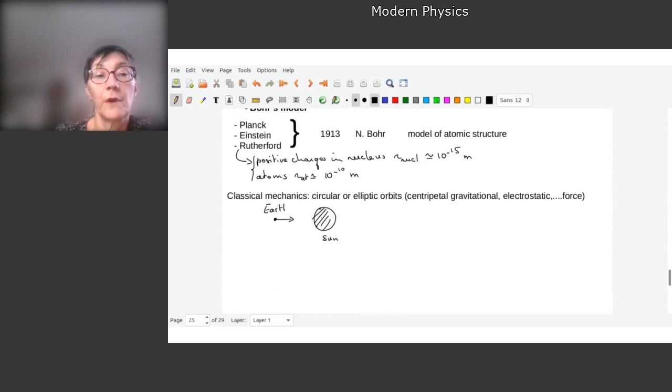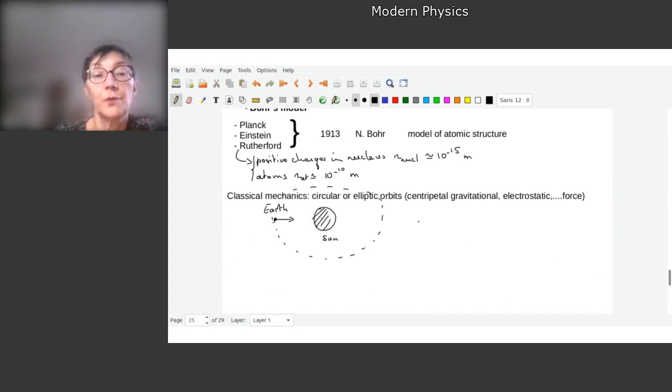The earth has an elliptical orbit around the sun, and this orbit has constant